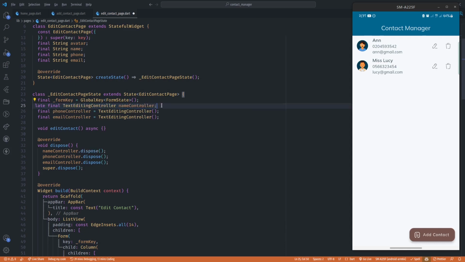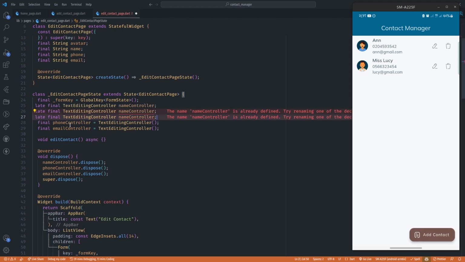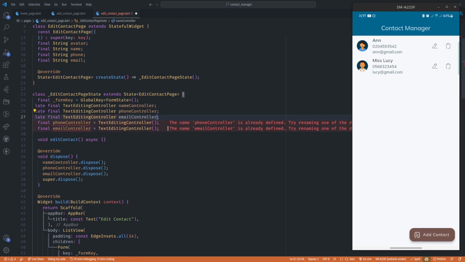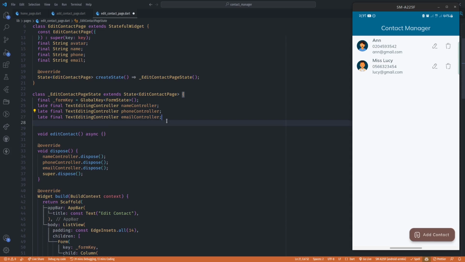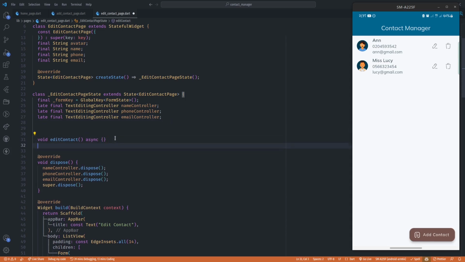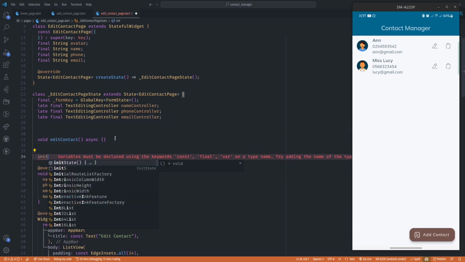This is how controllers are going to be, and I'm going to replace the names like this and also declare this. So we are going to remove it like this. And now in the initState, we are going to pass in these values as our default value for our controllers. So under the edit contact, I'm going to create an initState,